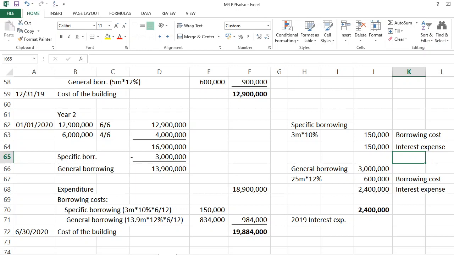So, even though tapos na ang construction ng building, the interest is still there. Mangongolekta pa rin ng interest si bank. So, wag mong sasabihin na for the rest of the years, yung interest dun sa 2 million, ilalagay mo sa cost of the building. Hindi pwede. Kasi according to the standards, pag tapos na ang building, hindi na niya kailangang i-shoulder pa ang interest nung inutang mo.